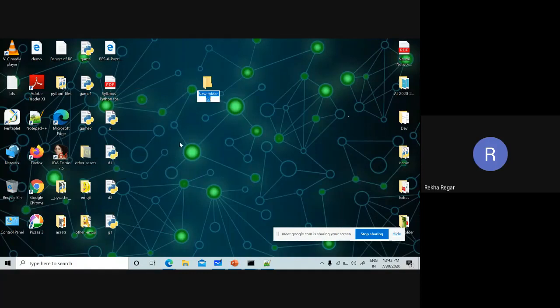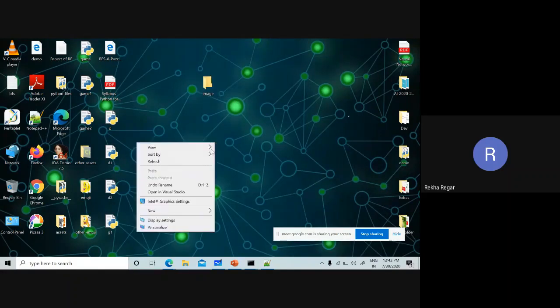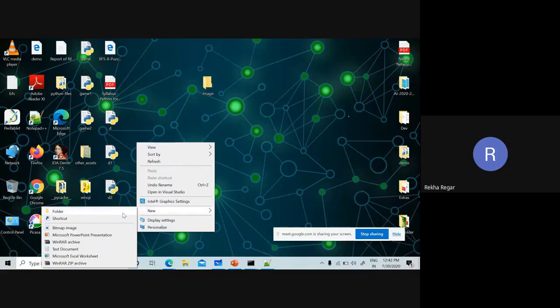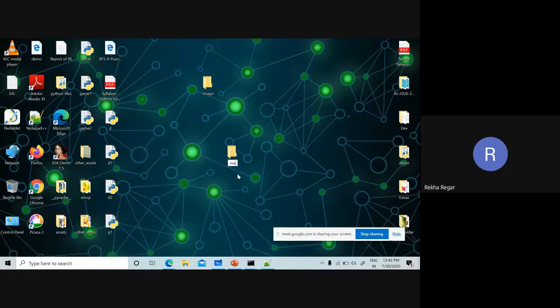So here I am going to create one folder, and the folder is named image. In this we are going to put the images. The second folder is named other image, which is for showing the image when the two images match. So we are going to create two folders. In the first folder, we add all the images we are going to insert into the window. In the second folder, we add one image, the message image, shown after matching the two images.